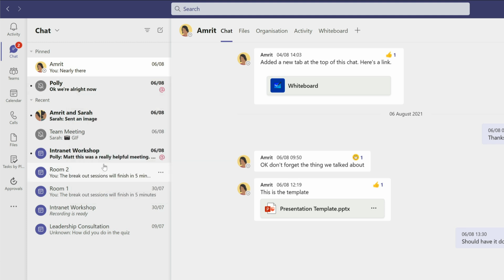Notice that the icon for that chat turns into a grey bell icon with a line through it, and the little red indicator decreases because that chat is on mute. And if I unmute it, the red indicator goes up 1 again. So mute is great when you just want a single chat to go quiet for a while.